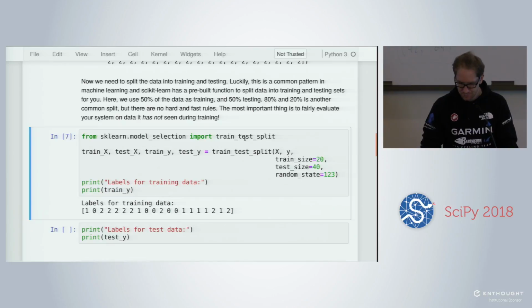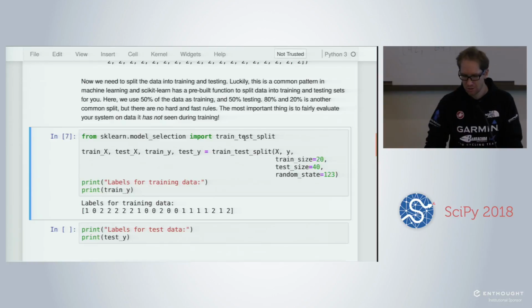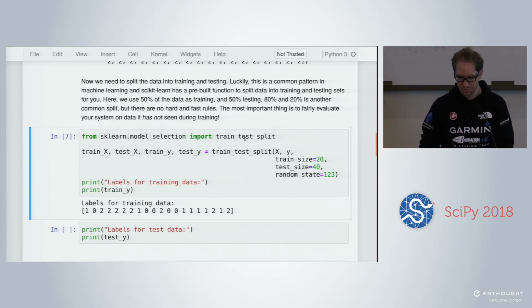So the first function that helps you for that is train_test_split. This is in the model_selection module. The idea is that you import this function, okay?